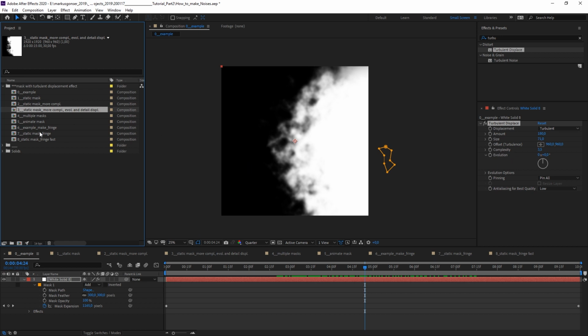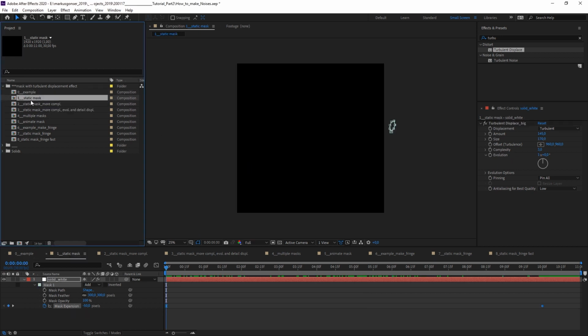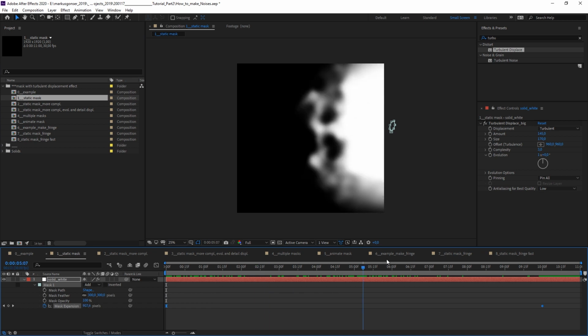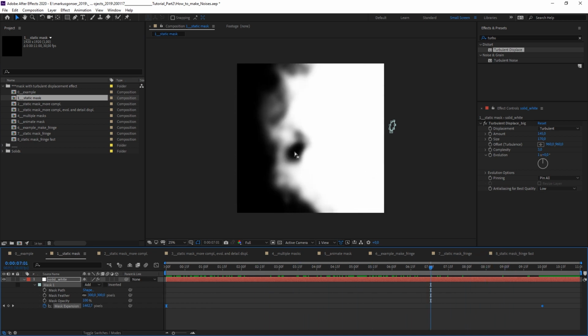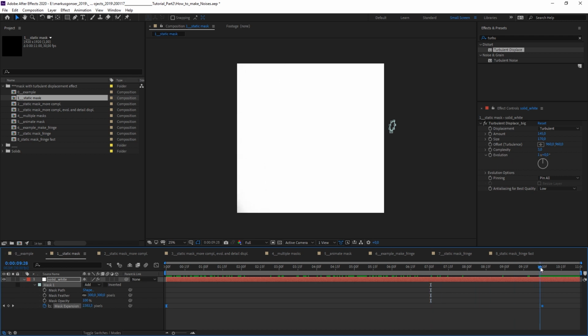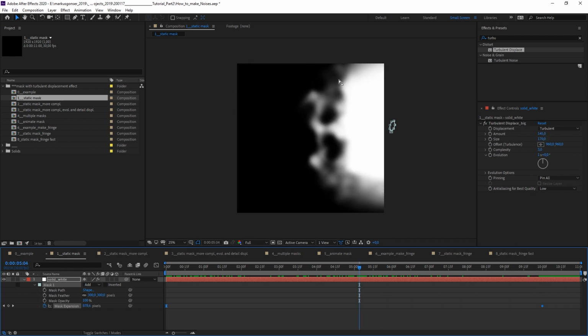we get different results. So let's start with the scene 1 static mask. And as you can see, this is pretty much the same result we achieved here like we did in the example file. So up to 10 seconds, I animated my mask expansion, put some feather in it and applied the turbulent displacement effect. I called this one big because the size of it is rather high, so we get some